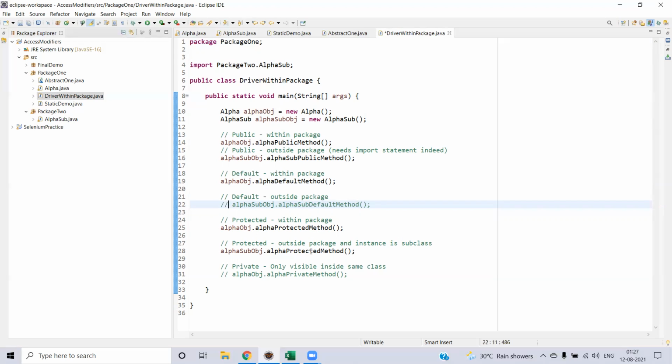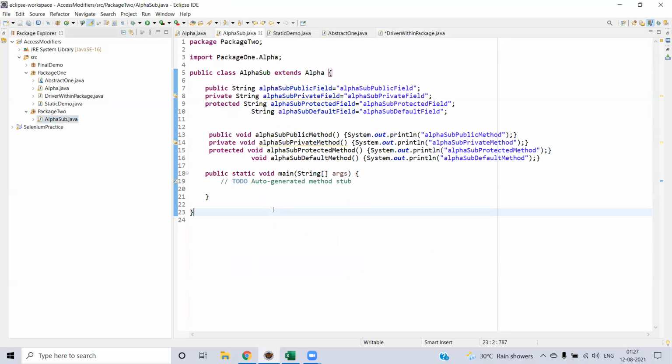And protected outside the package. You need to access the method from another package as a subclass. In simple terms, the alpha sub object will have the alpha protected method. Here it will be a little confusing. If you go to the alpha sub, this will be the class and it is a subclass of alpha, right?